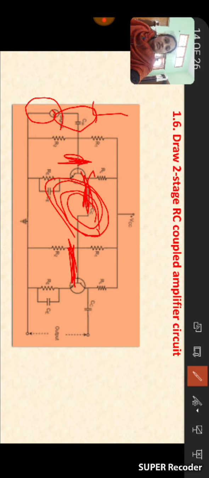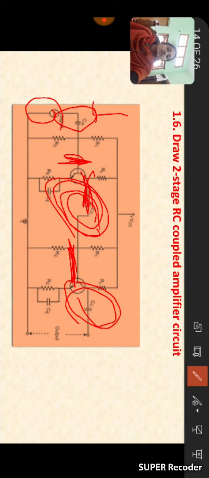And see here, one more capacitor is there, C out. This capacitor is used to connect the output of the last stage to the load, or we will collect the output from the last stage through this capacitor only. It will protect the next stage load from the surplus